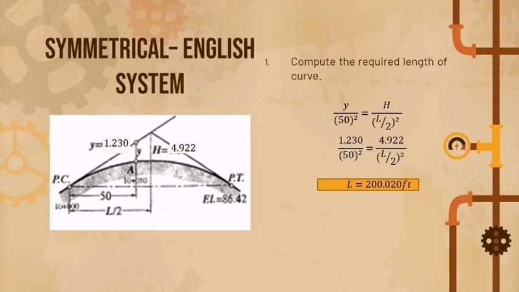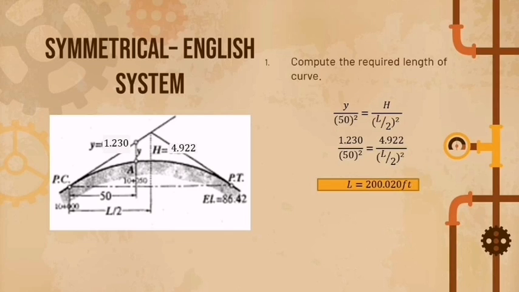So if you compute that, you will get the answer of elevation A is equal to 87.083. For the symmetrical English system, number 1, compute the required length of curve. So y over 50 squared is equal to h over L over 2 squared. So the value of our y is now